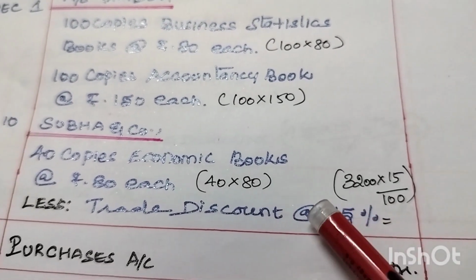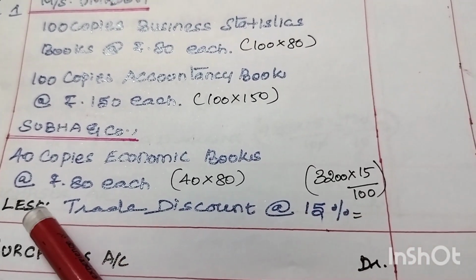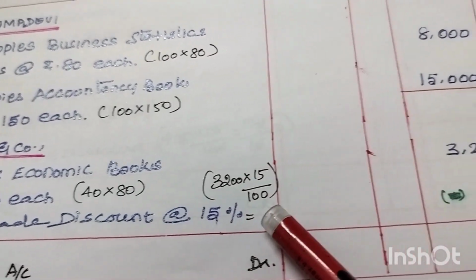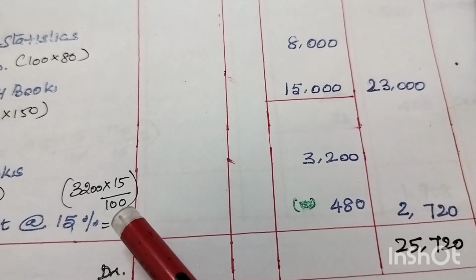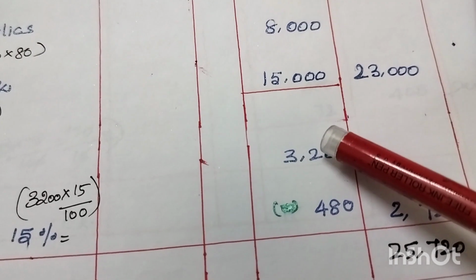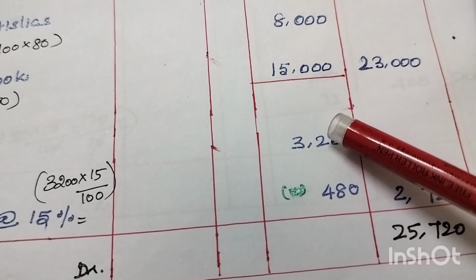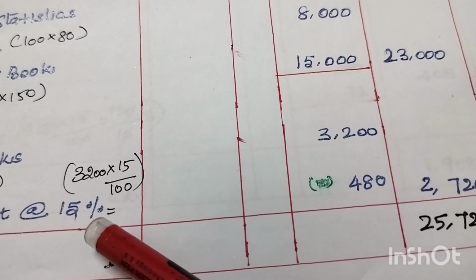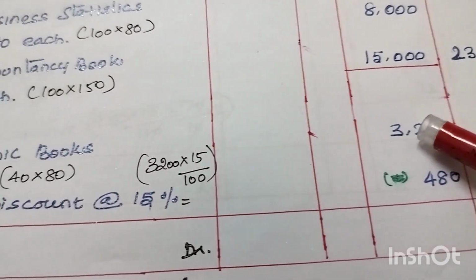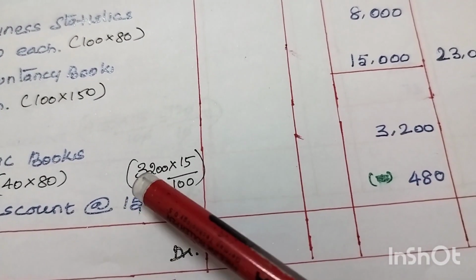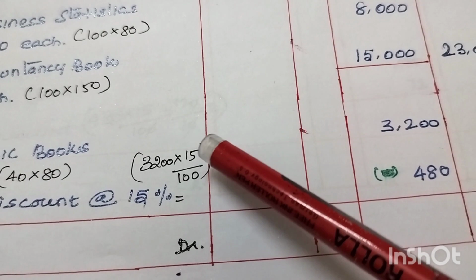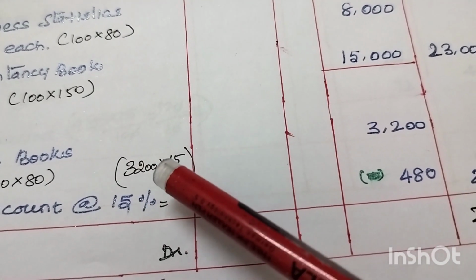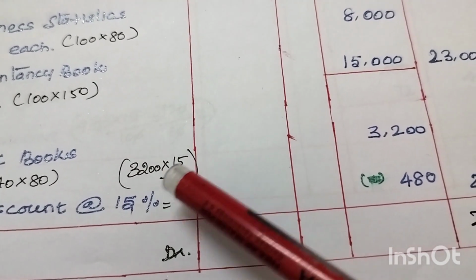Then how much trade discount did you receive? 15% trade discount. How do you find the trade discount? You have to find it from the total value. That total value is 3,200 into 15%, means 15 over 100. You will cancel, 3,200 into 15%, you will get